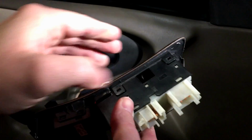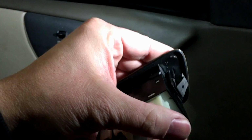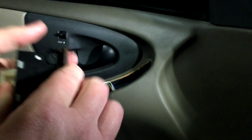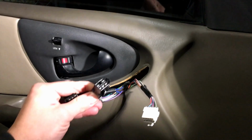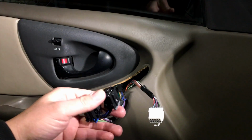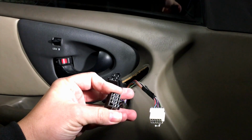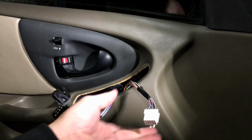Okay, that one went in. This one back here and over here is still sticking out. So we'll make sure we get those ones in. Now the one thing that I do is I put a little bit of the electrical grease, not dielectric grease, but the electrical grease on the pins for the window motors. Okay, you can see it's all a bunch of them different here for different circuits,